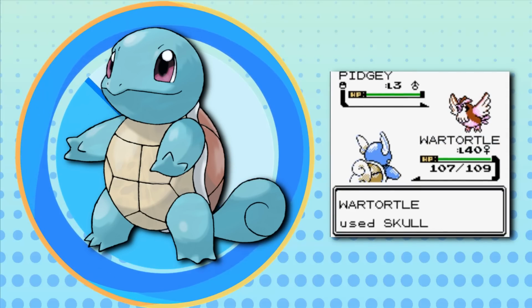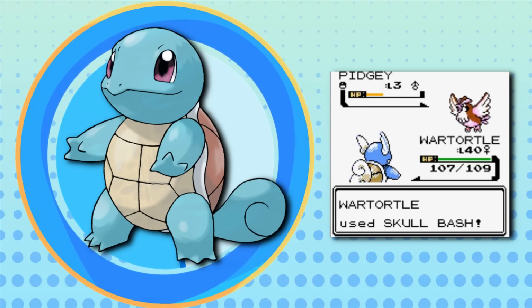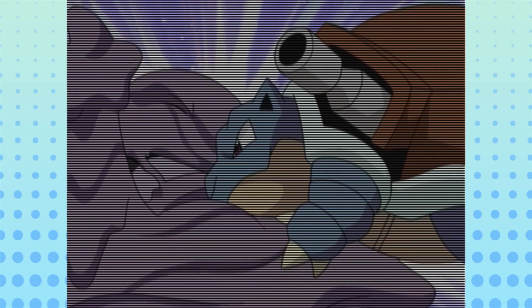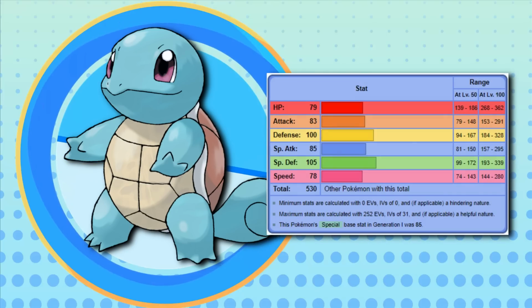Originally a 100 base power 2-turn Normal type move, this was just Boneless Solar Beam. And that's a generous description. It's more like boneless and meatless. There's just no reason to run this move at all. Sure, it gives you a defense buff on the first turn, but that isn't nearly enough to make up for the charge time. Plus, what real benefit does Blastoise get from this, who is almost always going to be running